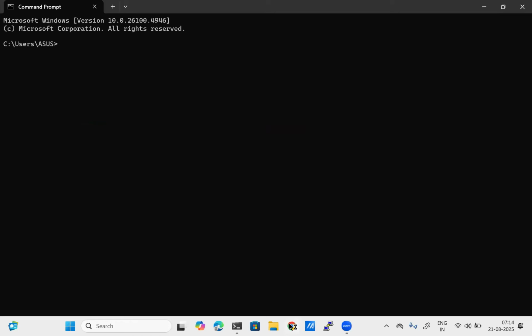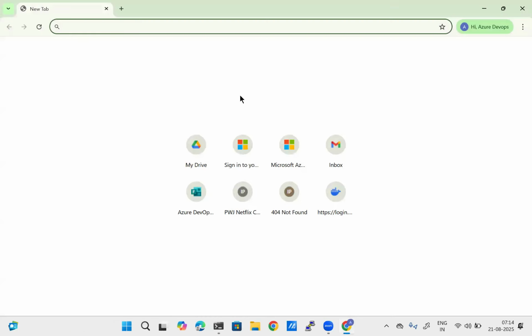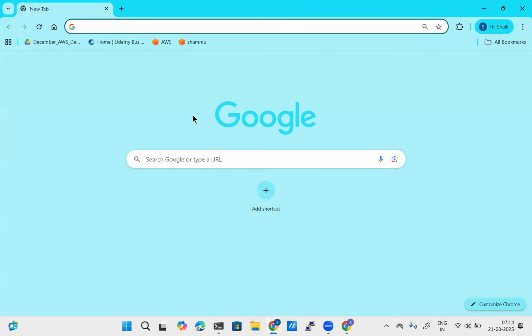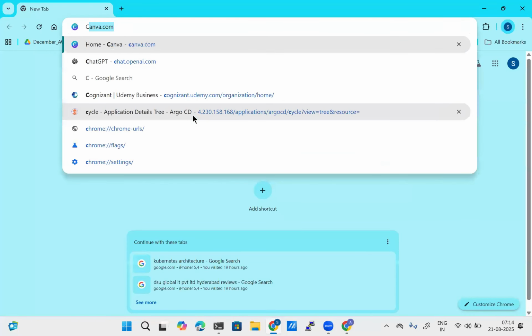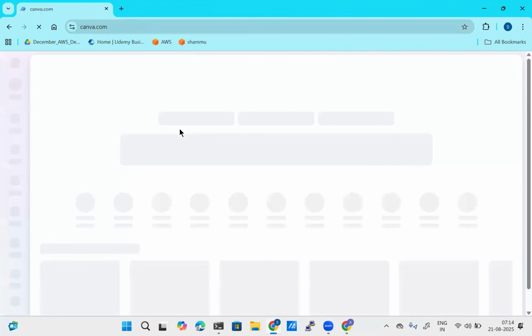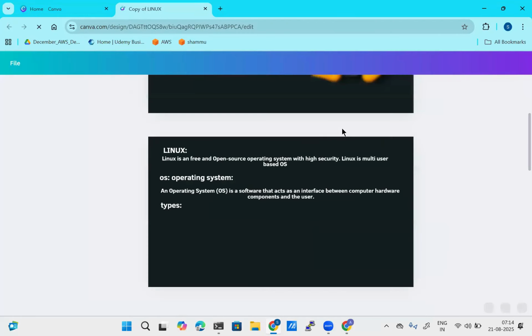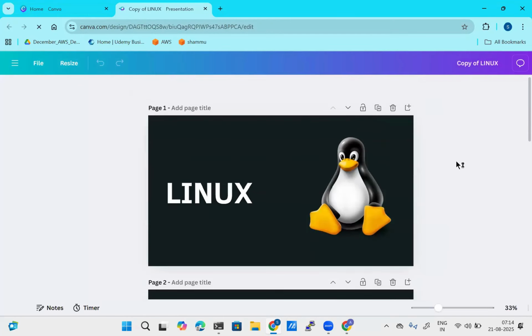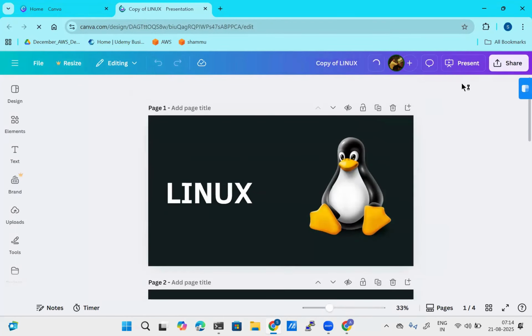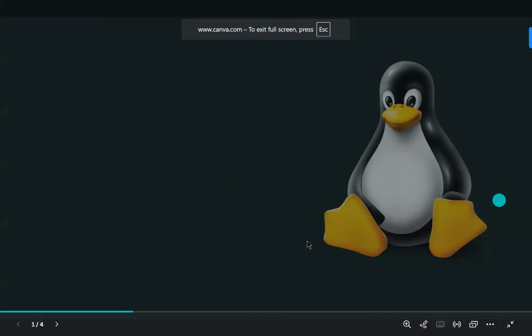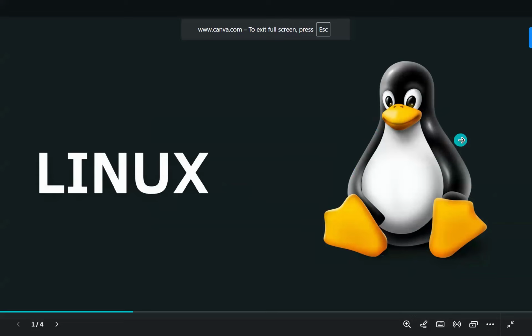So let me share you the PPT of Linux here. So Linux.